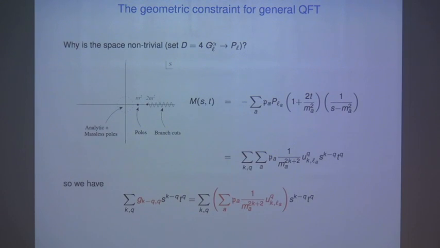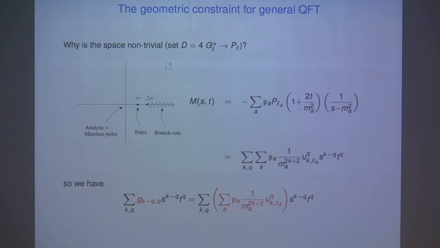To see why, first of all, let's just focus on 4 dimensions. All of this discussion can be applicable to any higher dimension, so I'm just focusing on 4 dimensions. And in that case, the Gegenbauer polynomial is just the Legendre polynomial. So in this very simple context, we know that away from the origin in the complex S-plane, we're going to have the possibility of massive poles and then massive branch cuts. Here also for simplification, I'm just going to assume that we have these poles in the S channel.